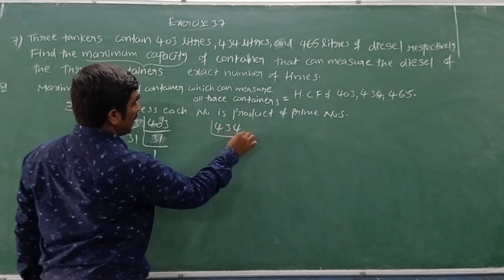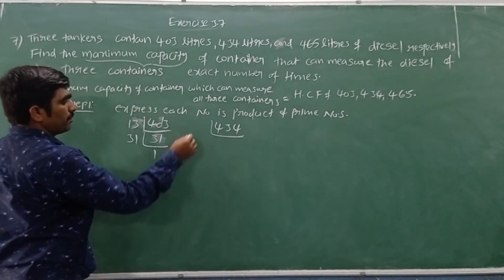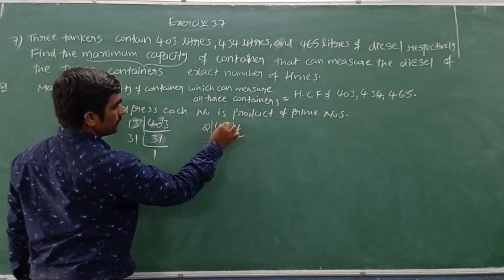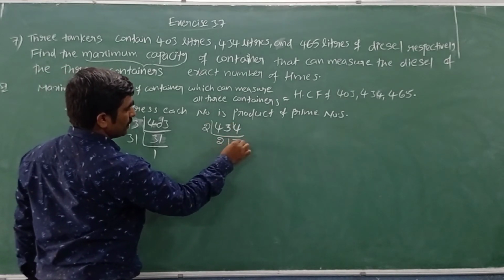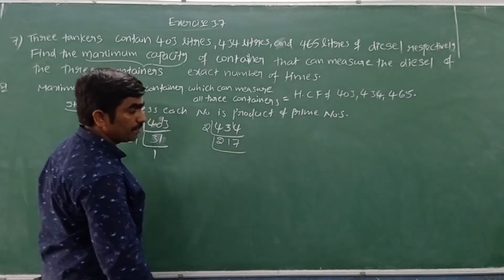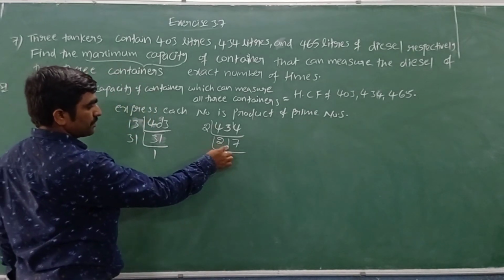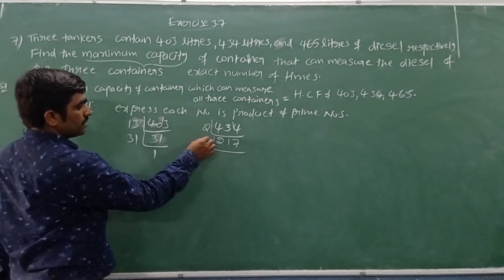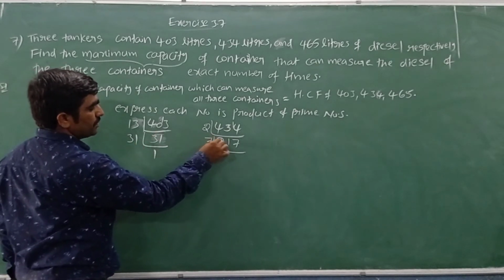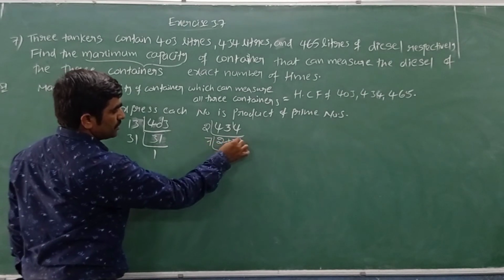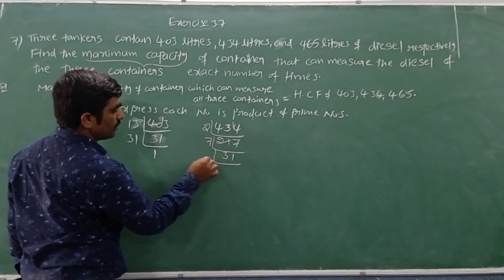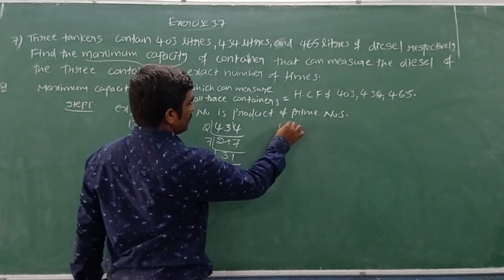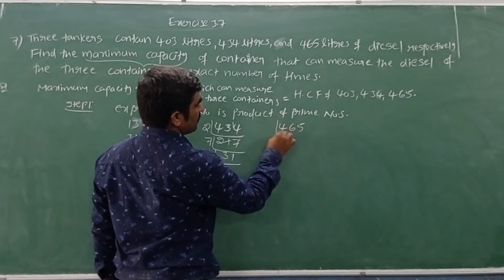Here I can see the last digit is 4, so the 2 table is possible. Yes. 2 2s are 4, 2 1s are 2, 1 left here. 2 7s are 14. Again, the 2 table is not possible. Now let me check the 3 table this time. 2 plus 1, 3, plus 7, 10. 3 table not possible. 5 table not possible. Then the 7 table. 7 3s are 21, 7 1s are 7. Yes. 31 itself is a prime number. 31 1s are 31. Then find the prime factors of the last number.